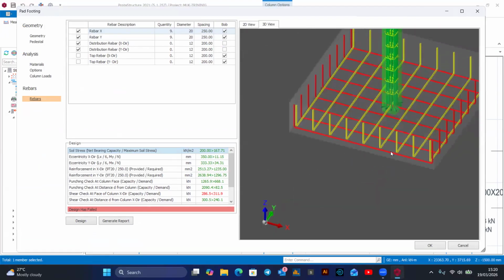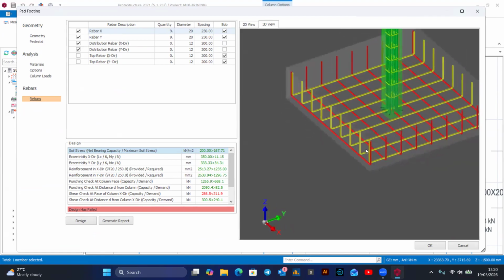Now, when I check at this, I'm having only the bottom mat. I don't have top still. Top rebar in X direction and Y direction has been marked, but we excluded it in our design preferences, if you remember. We turned off the top mat. So we have remained with the rebar in X and Y, but then it has given us